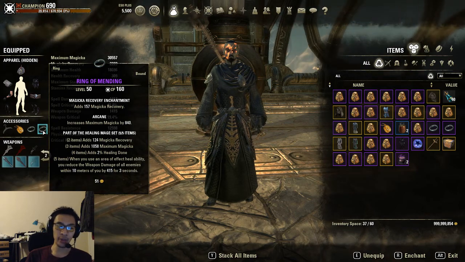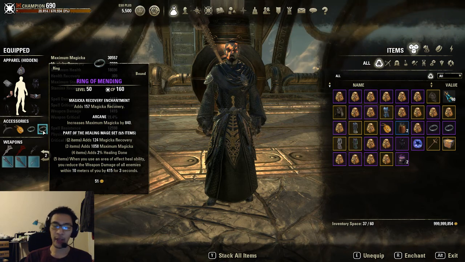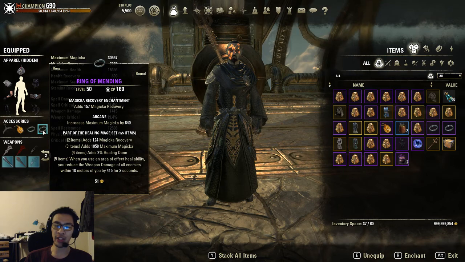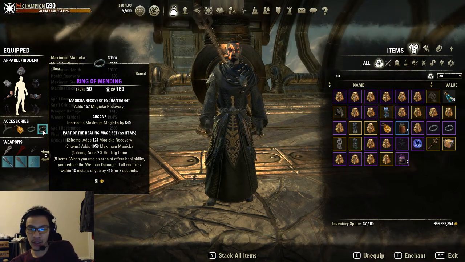A 10% reduction in incoming damage is a very, very powerful effect. That's where mending really, really shines. The downside of mending is that you need to be within 10 meters of an enemy. 10 meters is actually not that big of a